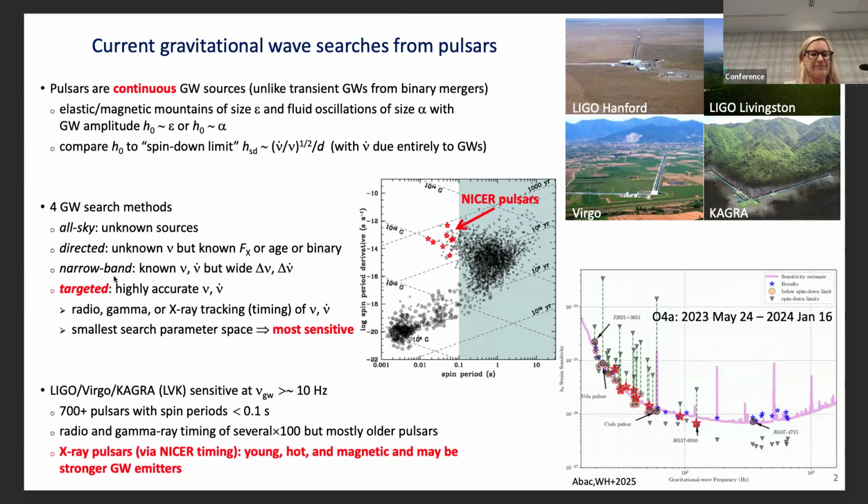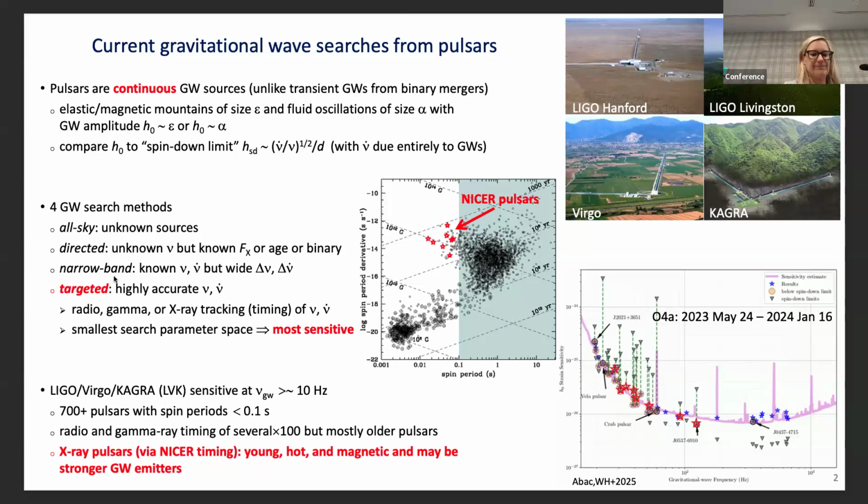So if you consider pulsars, that means gravitational wave detectors can't look for pulsars that are spinning slower than roughly 100 milliseconds, or 0.1 seconds. What I show in the center plot is the P-Pdot diagram for pulsars, plotting the spin period and the spin frequency derivative. In the shaded region up to the right, we can't look for gravitational waves from those. But we can look for the ones on the left.